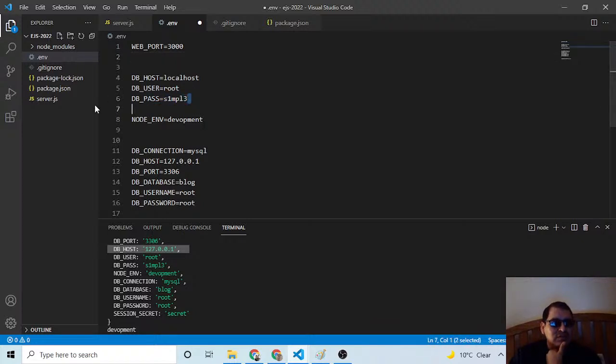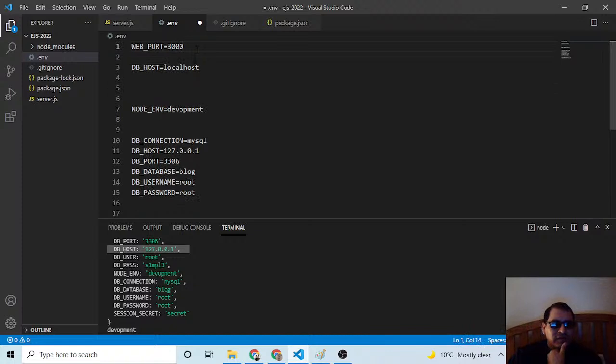I'm just going to leave it like that. DB password, database user or username, and I'm going to delete that. And the database. Yeah, so all of this is here. So I will have only either. I'll leave it like that.